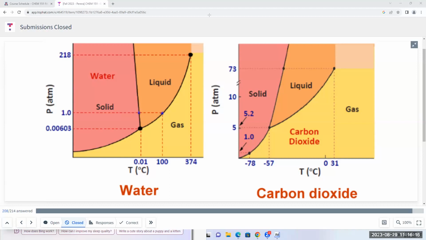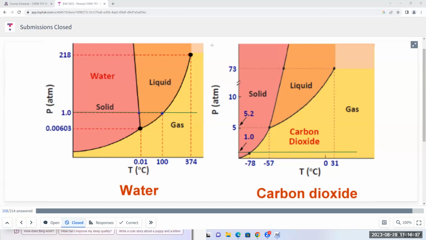1 atm. So whenever I see that word normal, I'm going to draw the 1 atm line in our phase diagram. So 1 atm for carbon dioxide is over here, something like that, okay? And then if I want to know the